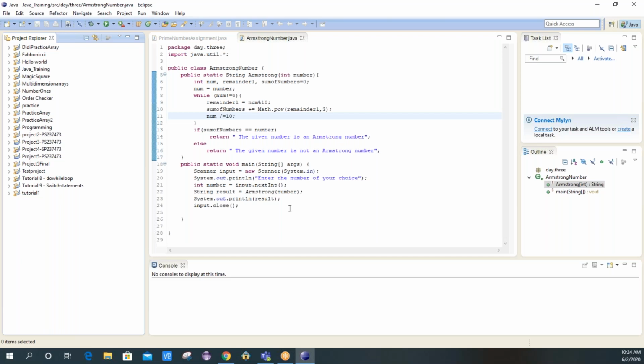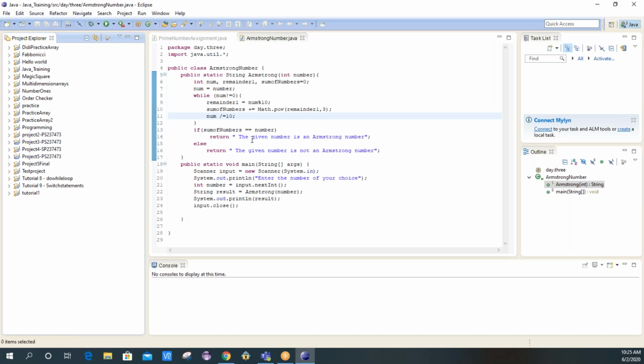The number has to be the sum of the digits cubed. Do you want me to show the prime number as well?